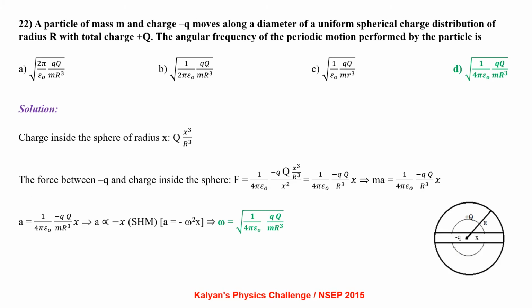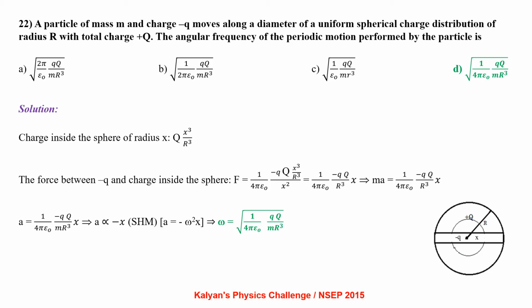A particle of mass m and charge minus q moves along the diameter of a uniform spherical charge distribution of radius capital R with a total charge plus Q. The angular frequency of the periodic motion performed by the particle is: charge inside the sphere of radius x equal to Q times x cubed by R cubed, since it is given that the charge distribution is uniform over the